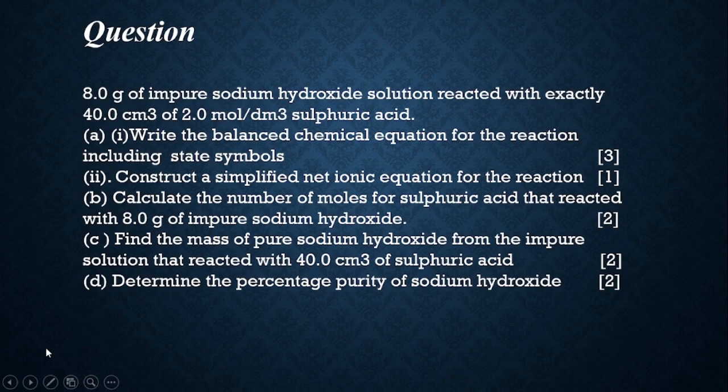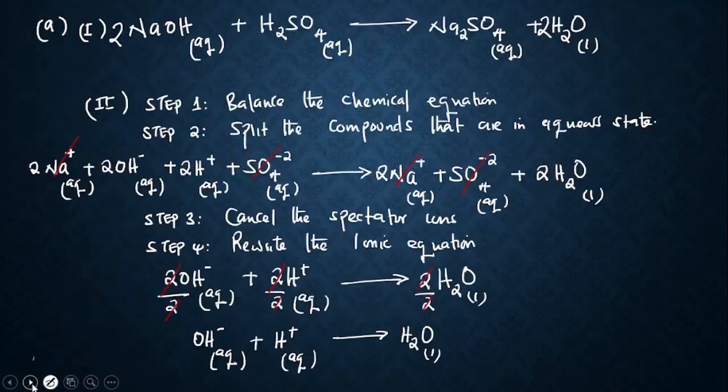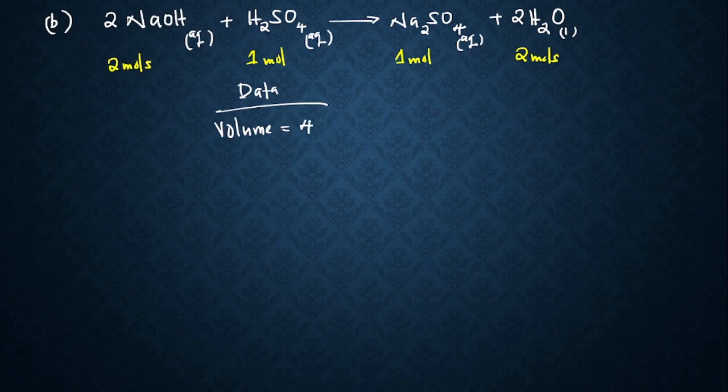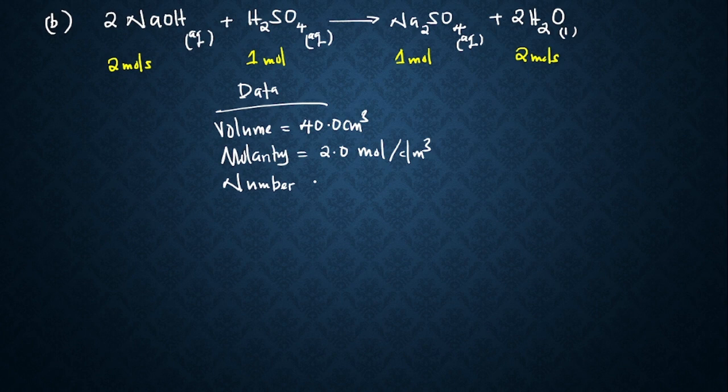The volume is 40 centimeters cubic, and the molarity is 2.0 mole per decimeter cubic. So our volume is 40.0 centimeters cubic, then the molarity is 2.0 mole per decimeter cubic. Okay, so we need to find the number of what? The number of moles. Take note that number of moles